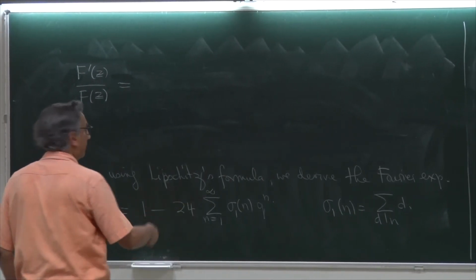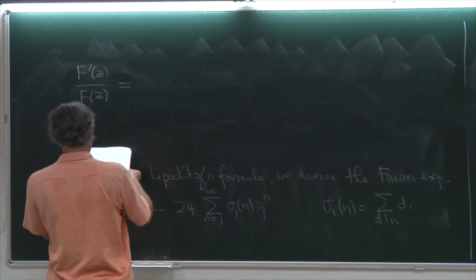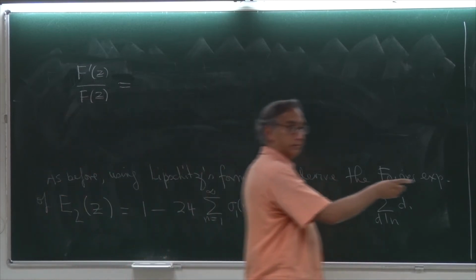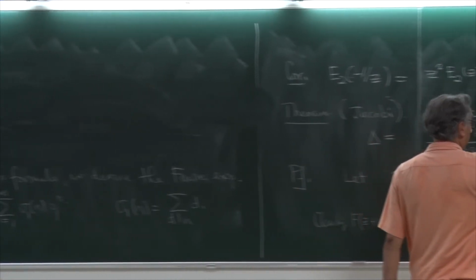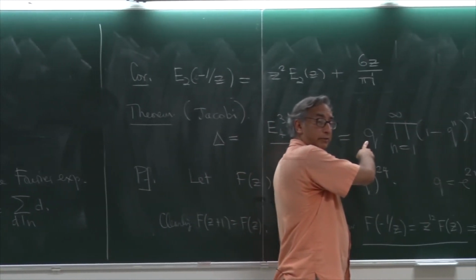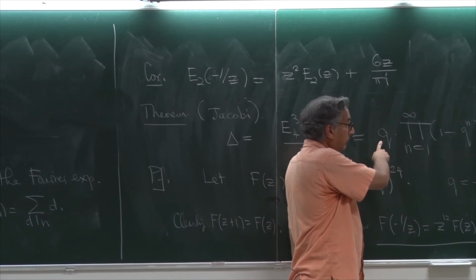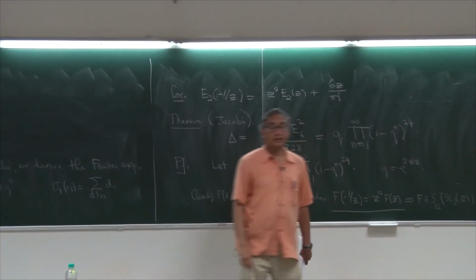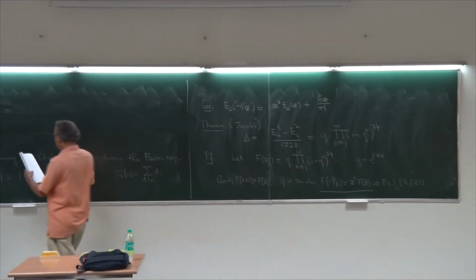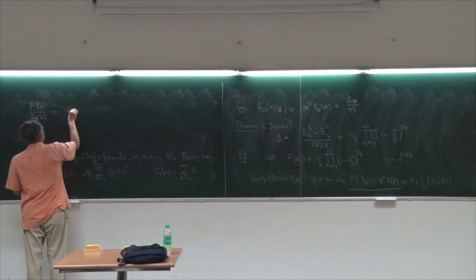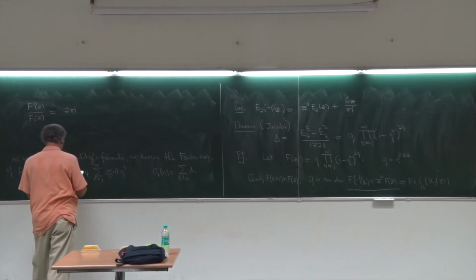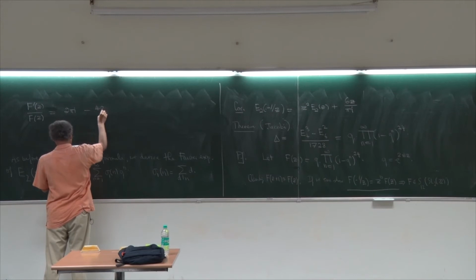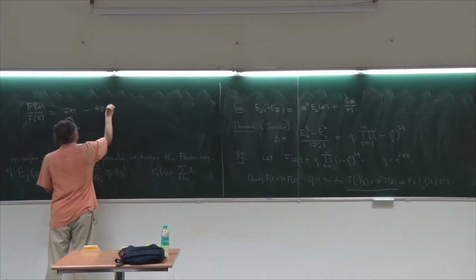When you do this calculation, you will see that f prime over f, the first term is take logs, that's log q, take the derivative, it's 1 over q, but we're taking the derivative with respect to z. So it's 1 over q times 2 pi i q. So you get 2 pi i minus 48 pi i